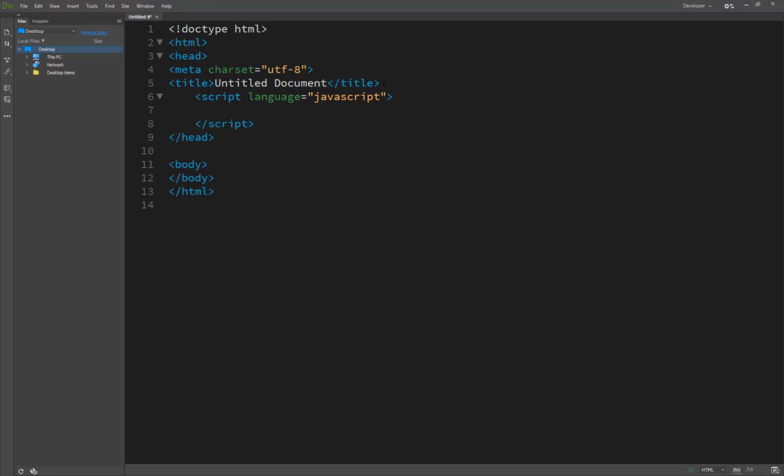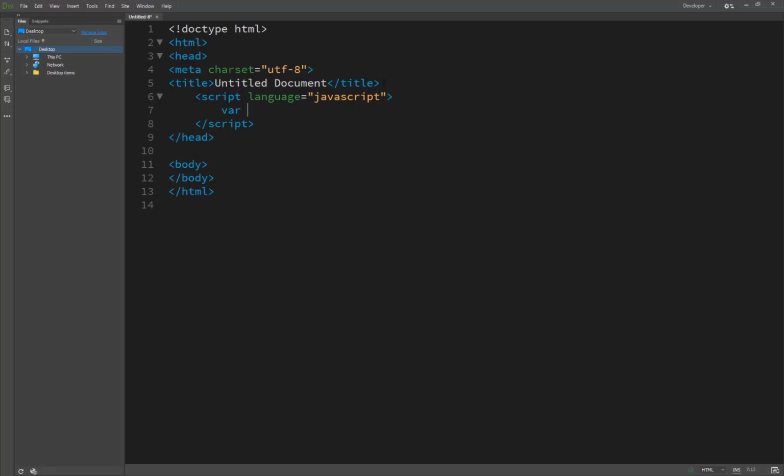JavaScript understands that you're creating a variable by the keyword var, which is short for variable, then the name of the variable. The name of the variable should not start with any special character or any number.